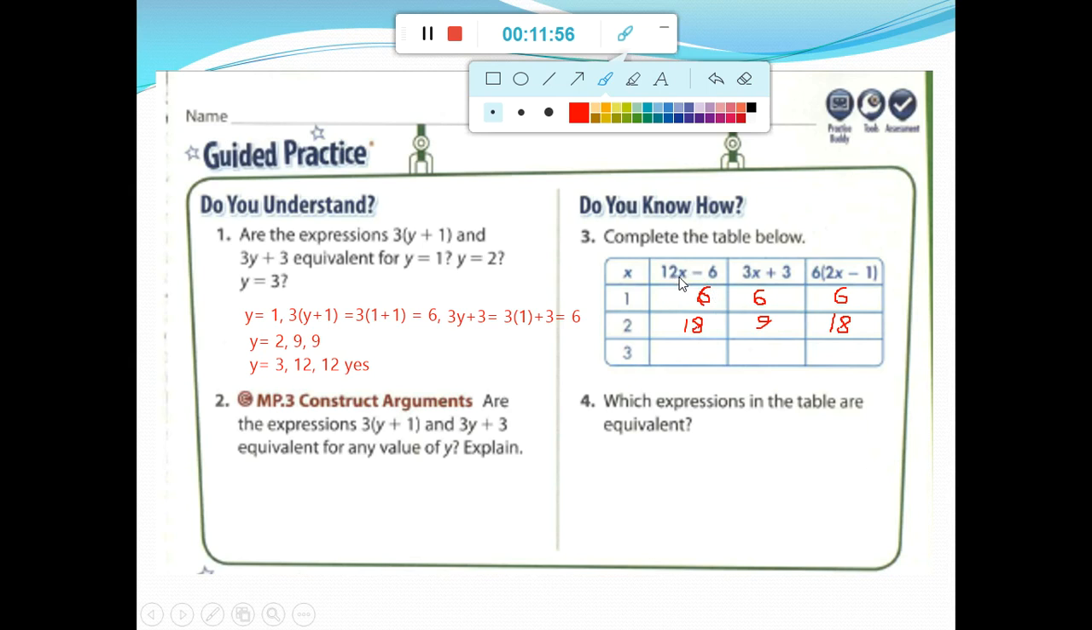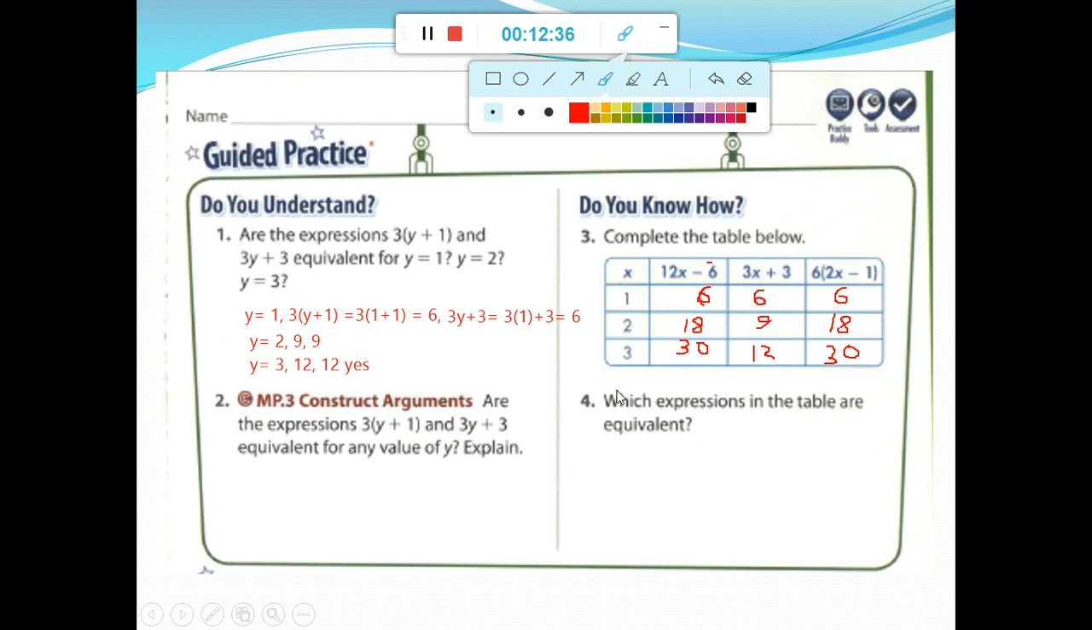Now for 3, 12 multiply 3 equals 36 minus 6 equals 30. Here 3 multiply 3 equals 9 plus 3 equals 12. And here 2 multiply 3 equals 6. 6 minus 1 equals 5. 5 multiply 6 equals 30. So these expressions, this and this, have the same value when we use x as 1